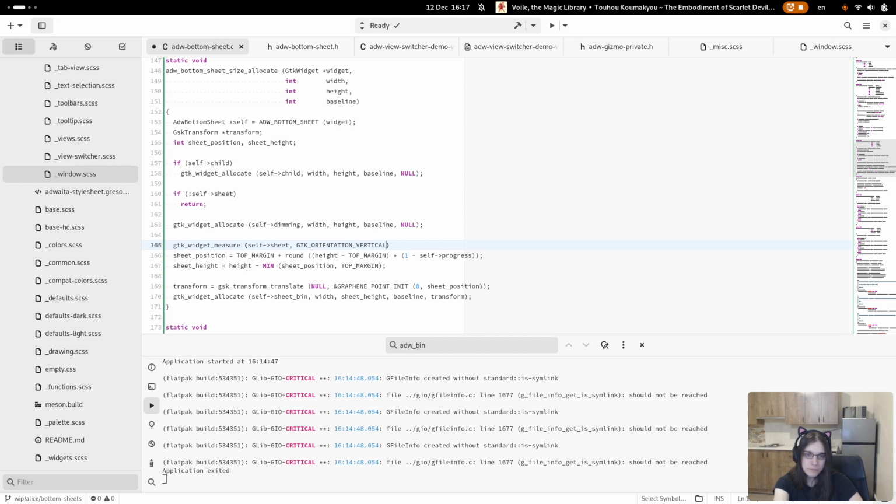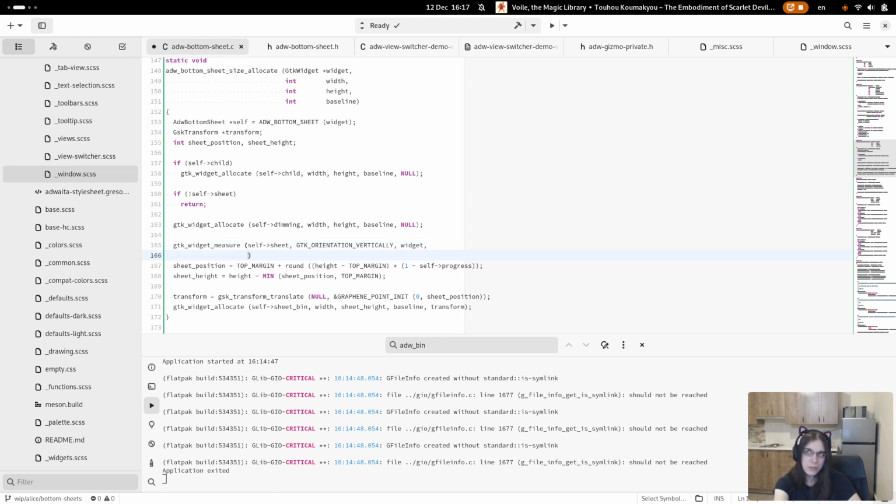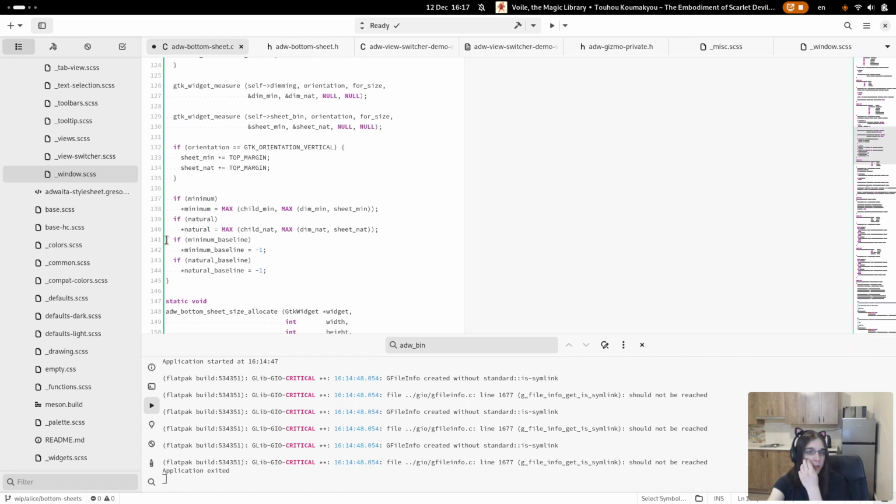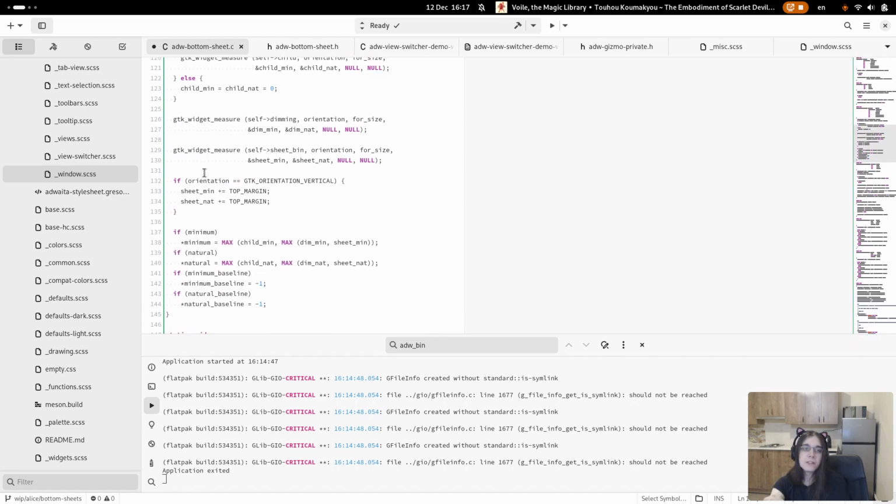vertically. We don't care about height for width. Actually, you know what? We do. And we need the minimum size. The minimum size we don't need because we already ensured that it has enough size here.